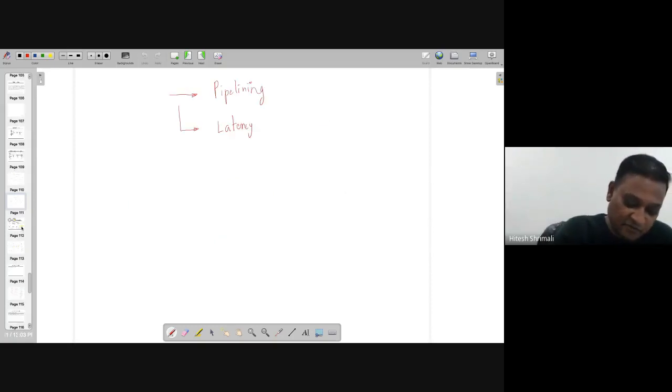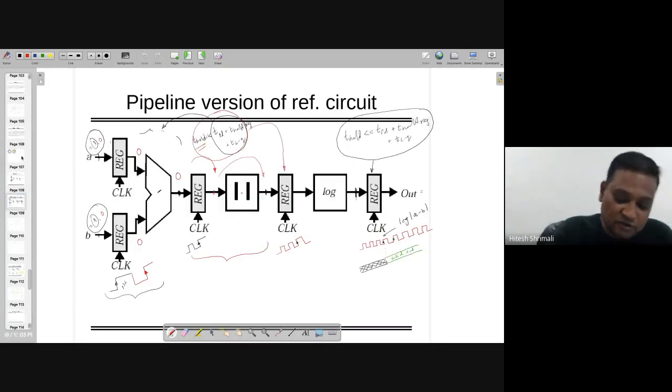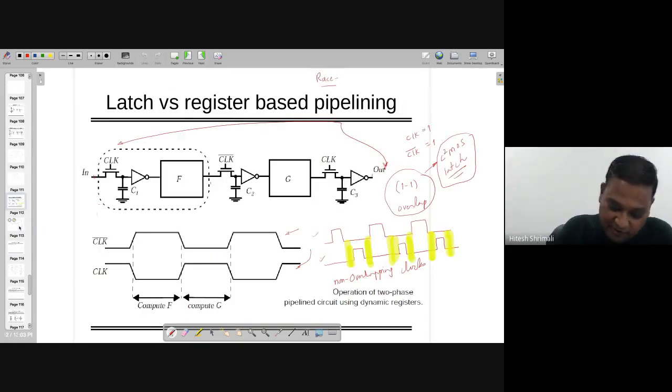circuits. And we were talking about pipelining, where the problem was latency. However, after having a certain number of stages of latency, the output is actually continuous. So that way, it's a good technique. It's also used in many places to achieve high speed. And we have talked about this particular